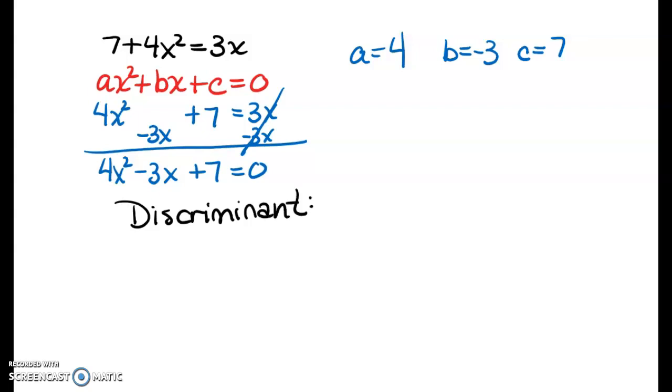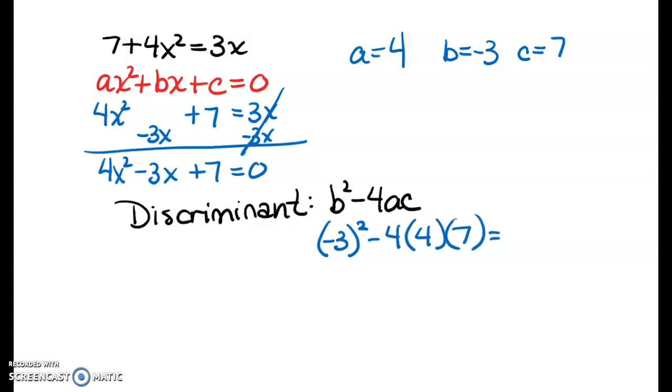So when I plug that into my discriminant, which is B squared minus 4AC, I'm going to use parentheses. -3 squared minus 4 times 4 times 7. What's -3 times -3? I know a negative times a negative is a positive, and 3 times 3 is 9. Okay, so what's 4 times 4 is 16. 16 times 7 is, let's see, let me give myself a visual. 70 and 42 is 112. So when I subtract, I'm going to get